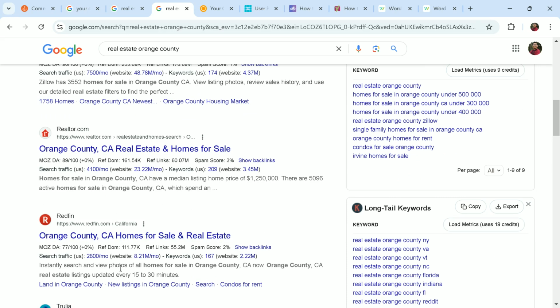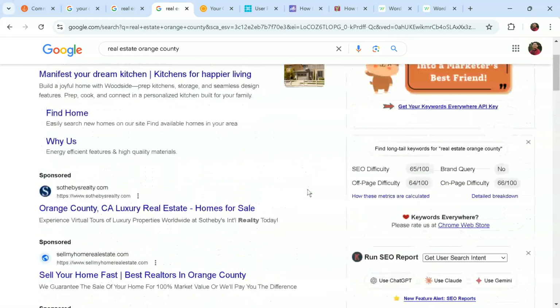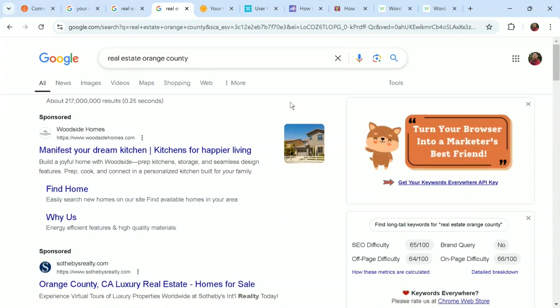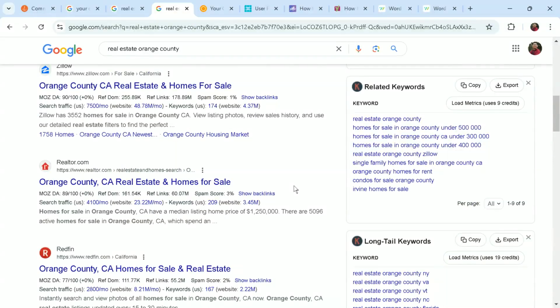Redfin has: instantly search and view photos of all homes for sale in Orange County, CA now. Orange County real estate listings updated every 15 to 30 minutes. All of these websites have an actionable summary on what to expect when you click on their links, and this is why they're ranking at the top page for this keyword, real estate Orange County.